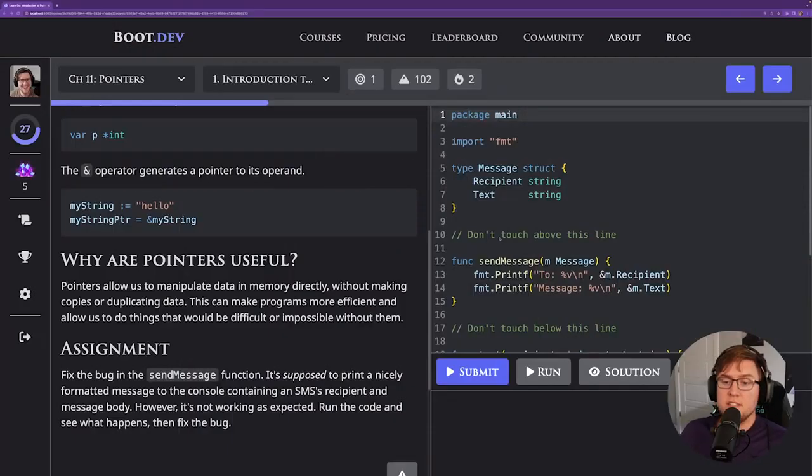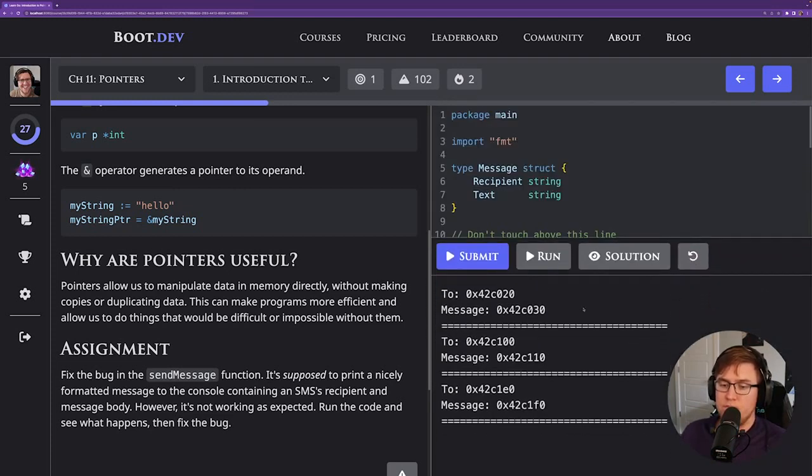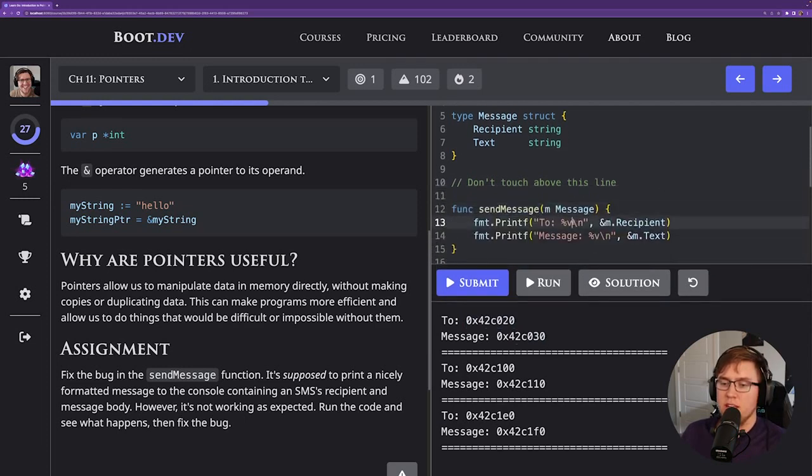It says fix the bug in the send message function. It's supposed to print a nicely formatted message to the console containing an SMS's recipient and message body. However, it's not working as expected. Okay, so let's run the code. And we get these weird looking values that are getting printed here in the to and the message